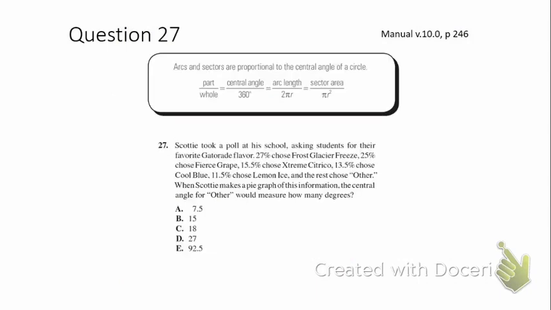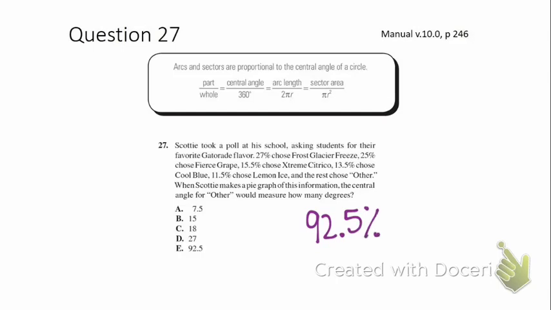Next one, Scotty took a poll at his school asking students for their favorite Gatorade flavor, and then it lists all those percentages. The rest chose other. When Scotty makes a pie chart or pie graph of this information, the central angle for other would measure how many degrees? Okay, so first I'm going to just go ahead and add up all those percentages that they gave me. When I do that, I get